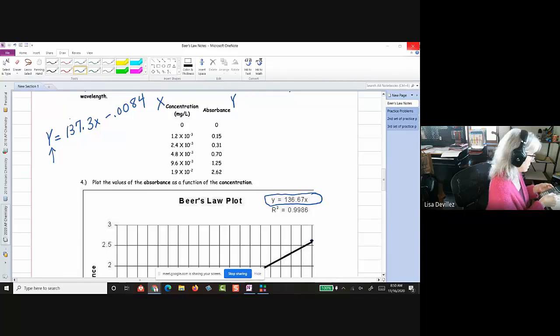Okay, stats, edit. All right, so L1: 0.0012, 0.0024, 0.0048, 0.0096, 0.0019, and then L2,